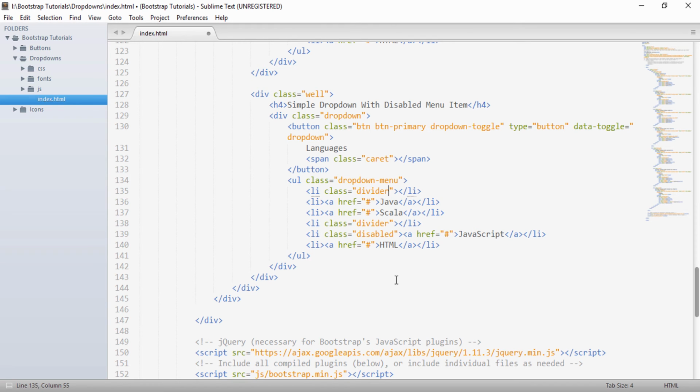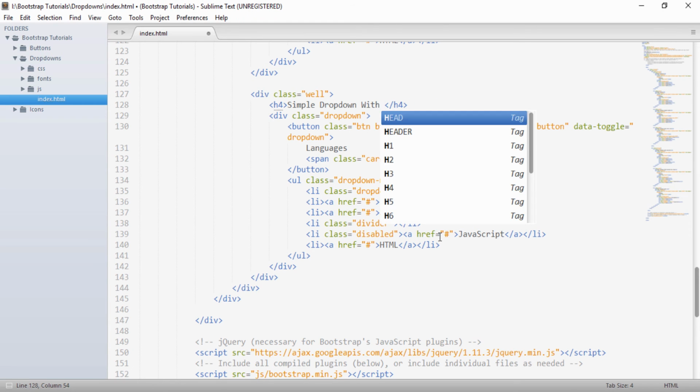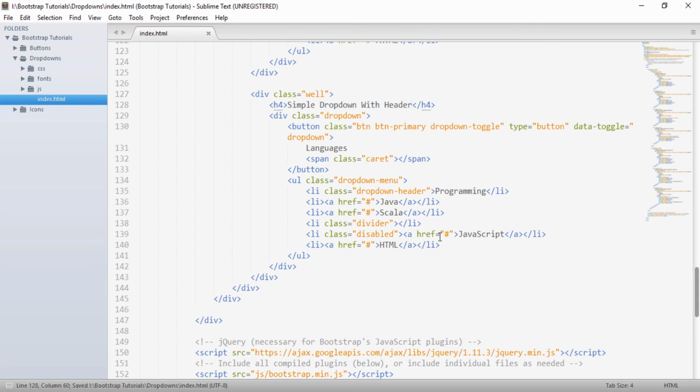So instead of divider, there is a class called dropdown-header, and suppose to this I give a name as programming. I will just change the name of this with header, and I will provide some dividers.